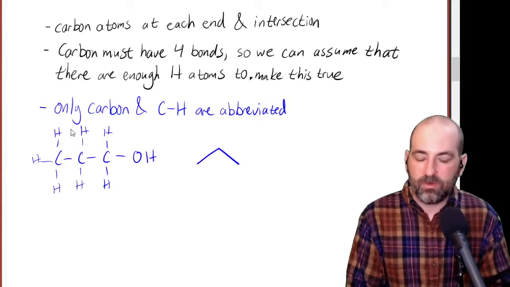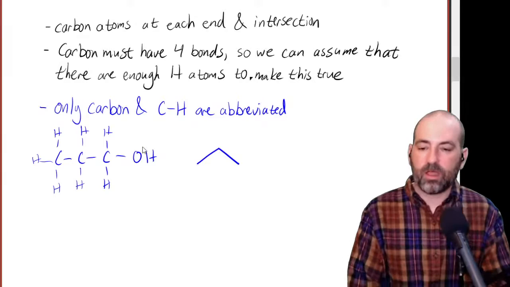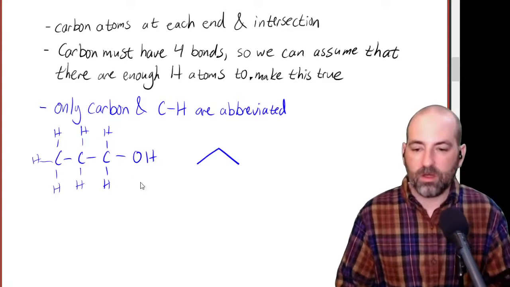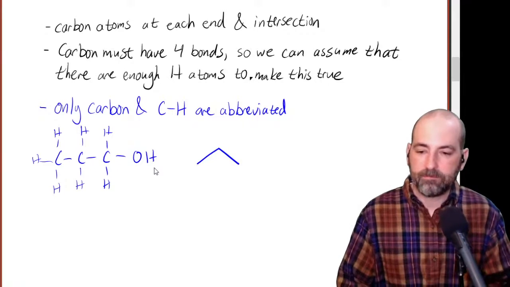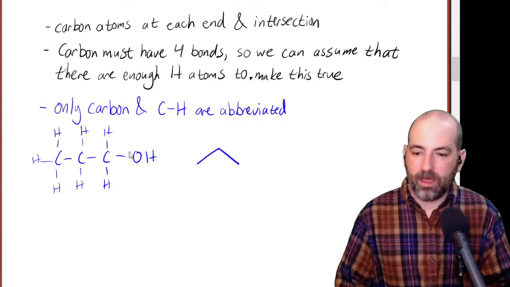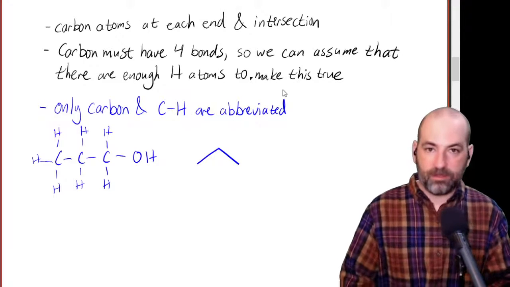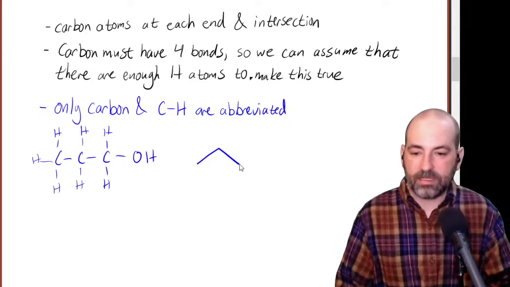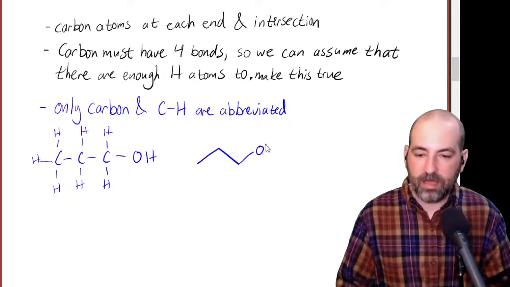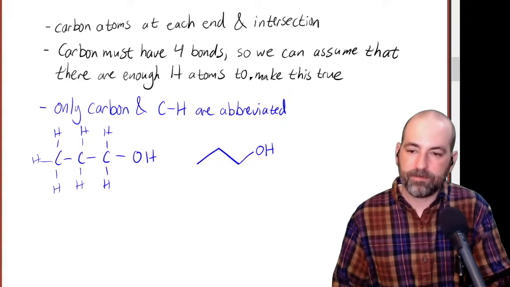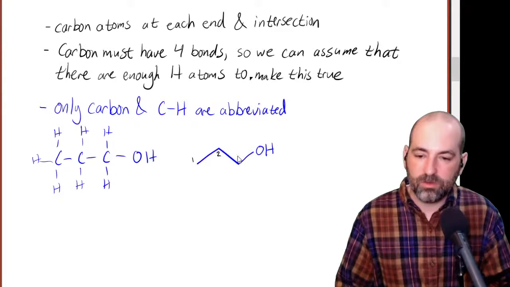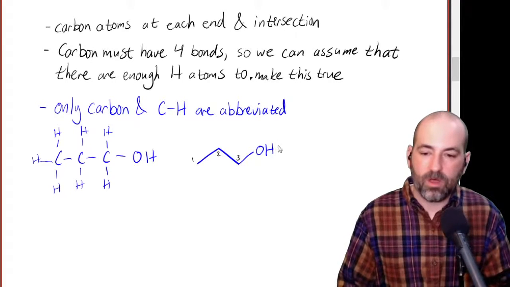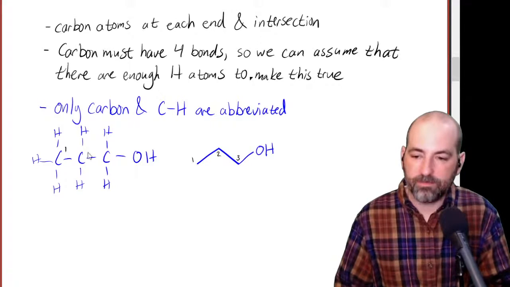And then we would look around at the structure and say, okay, what else is connected? Well, here we see an OH is connected on the carbon on the far right. So then we've got to add that. And that's not carbon or hydrogen connected to carbon, so we don't do anything to that. We just put it on there as it is. So we would add another bond connected to OH. And now this structure shows we have 3 carbons, 1, 2, 3, and then this OH connected to the third carbon.